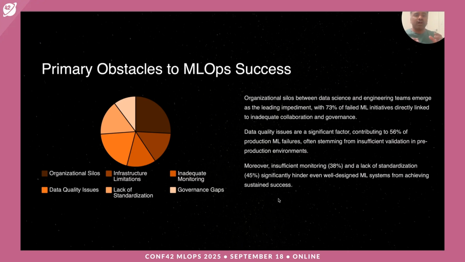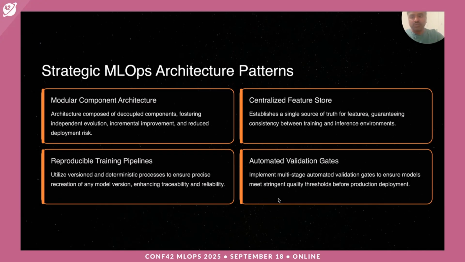This is also showing how important it is to have these systems in place, so that we are building towards these known obstacles, so that we can build for success in a way. So that's what I want to cover for this slide. The next important thing is what are the architectural patterns that we can put in place so we can build a system which is really robust, right?